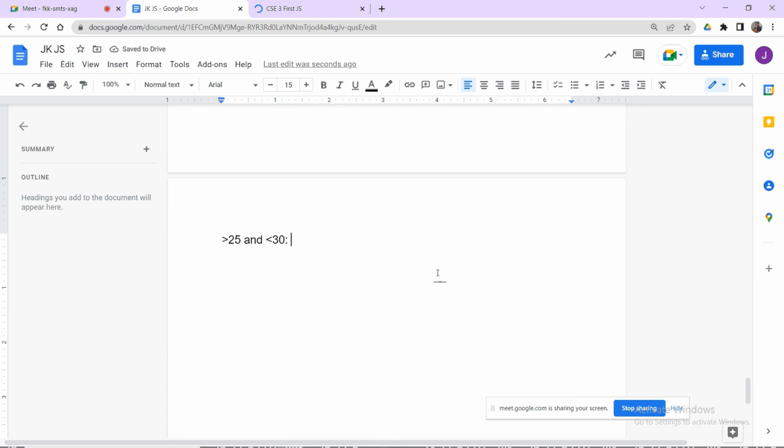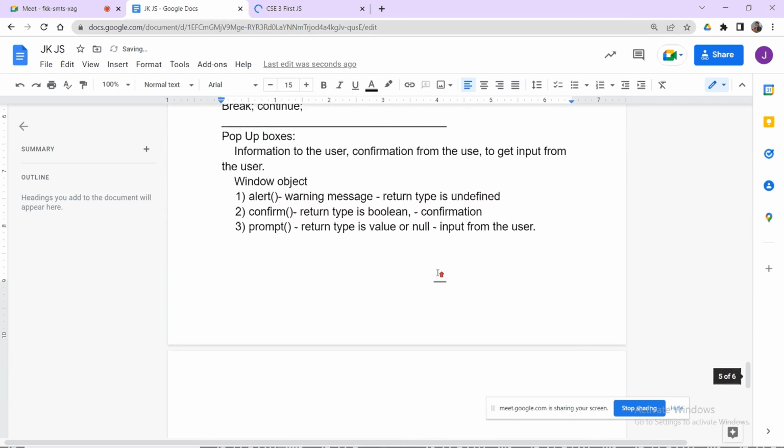This process needs to be repeated until he enters valid data. Valid data means he needs to enter a value between 25 and 30. If he enters any other value, you have to always provide the prompt option again. Then how can you do this process? Can we do it or not? Tell me the solution for this.